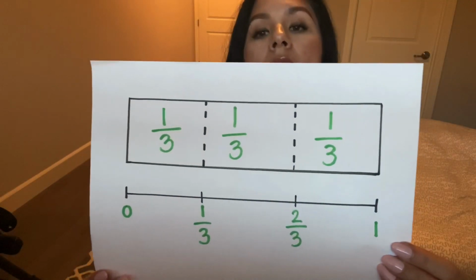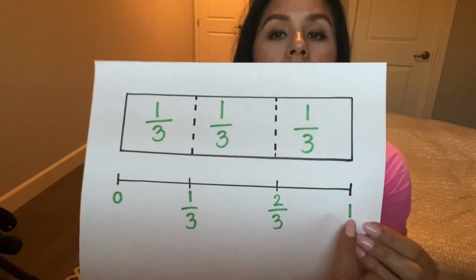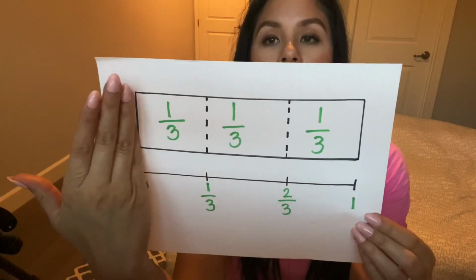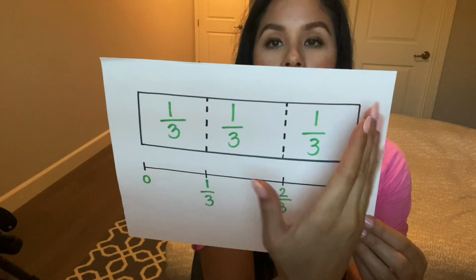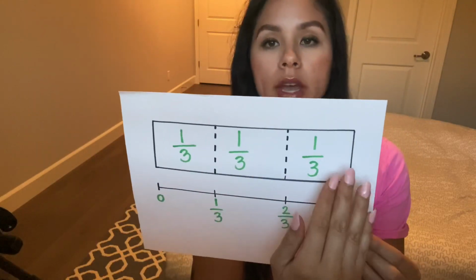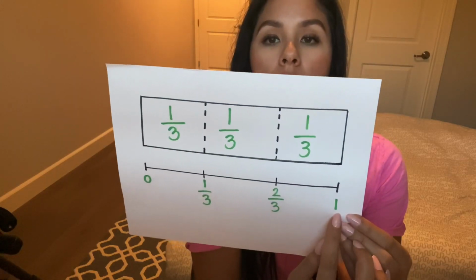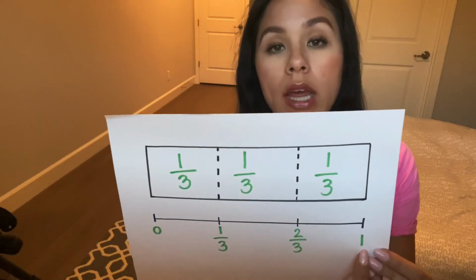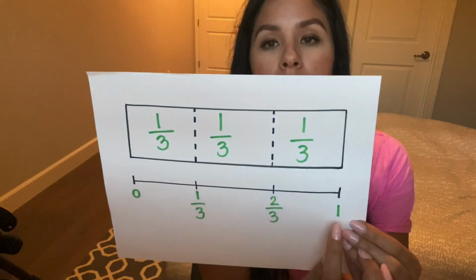So it looks like this, okay? And then last but not least, we can leave this as 1 because again, from this side of the bar to this side, this is one whole, imagine it's a candy bar. It's one whole candy bar, okay? So you could leave that 1, but if you really wanna take that extra step, you can label this 1